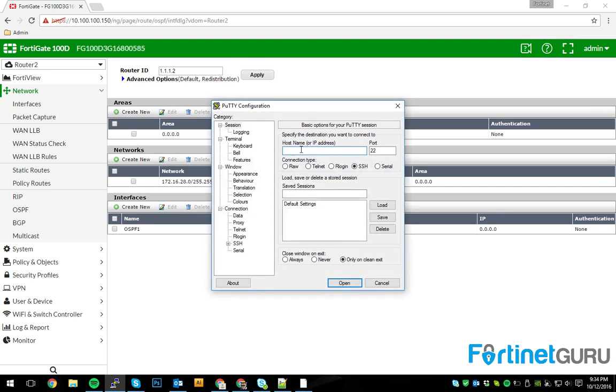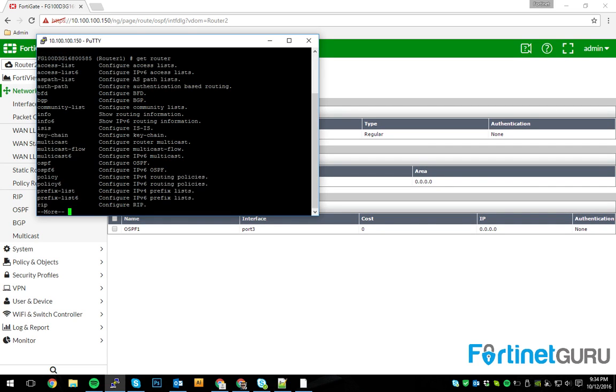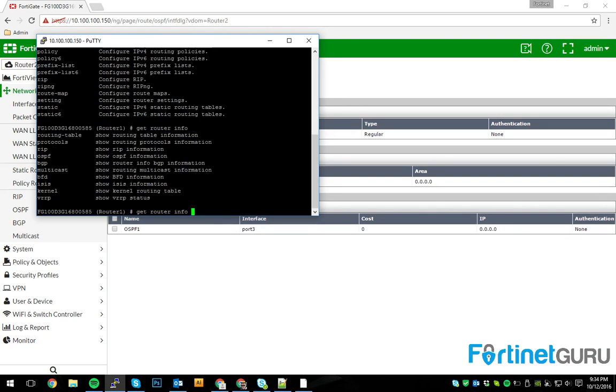So if we jump in here, and of course I have a management IP set up on this, obviously for demo purposes. So we're in the device. We can go to config vdom. You won't have to go into config vdom normally. The only reason I'm having to do that is because this is a 100D that's partitioned off. I'm gonna edit router 1, and then you can get router info routing table